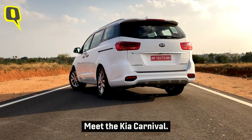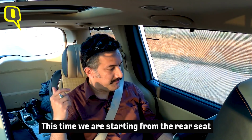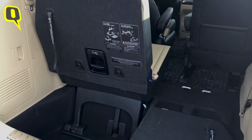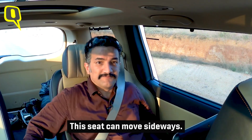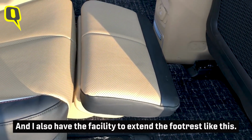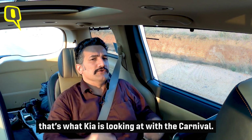Meet the Kia Carnival, a luxurious MPV that's again loaded with features. This time, we're starting from the rear seat because this car is all about the rear seat. This seat can move sideways, it can move back and forth, and I also have the facility to extend the footrest like this. This car gives you the ultimate luxury, and that's what Kia is looking at with